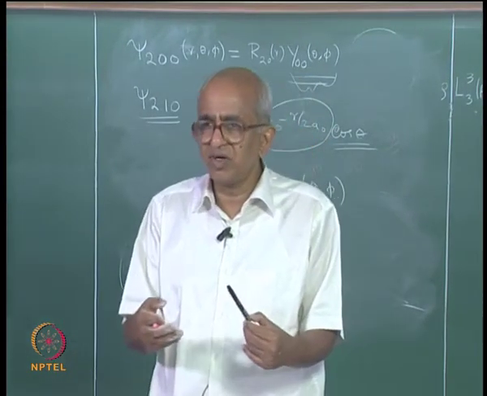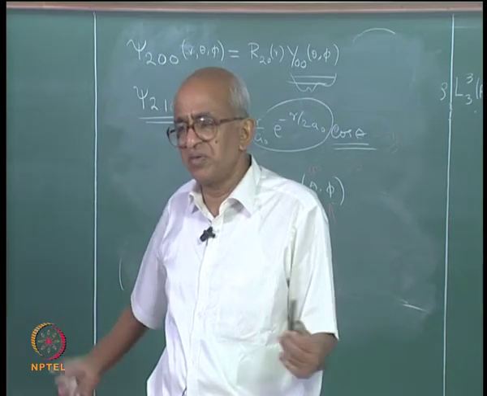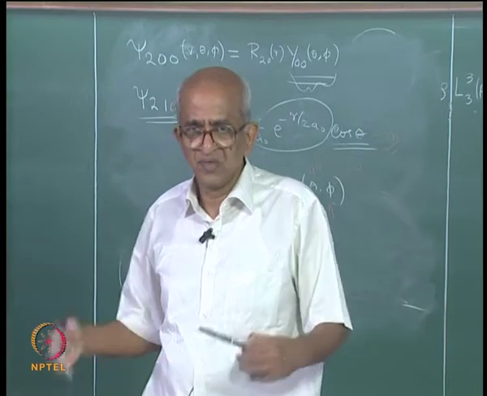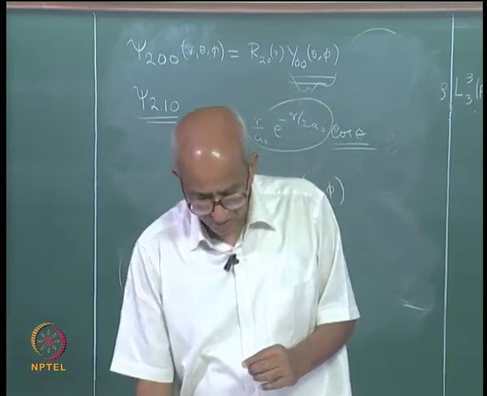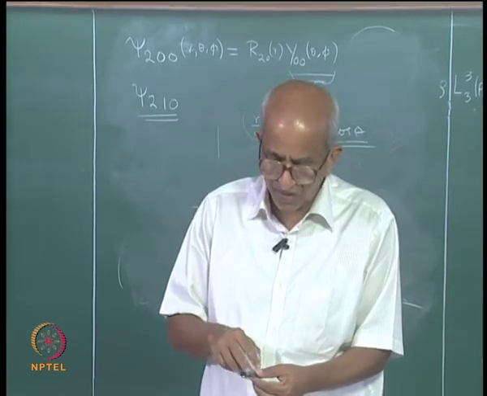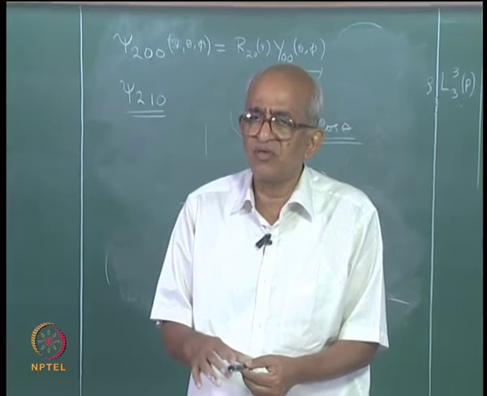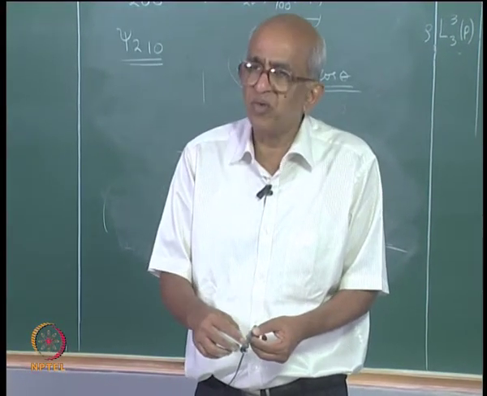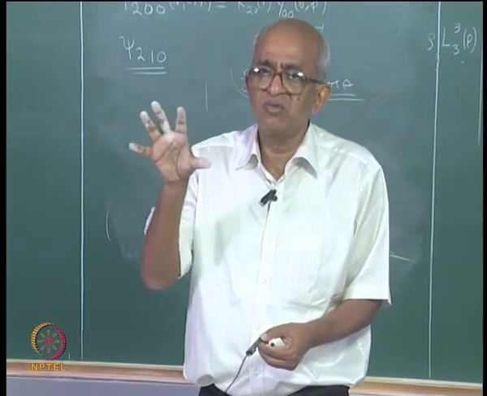So, when you evaluate it, in this particular case I got the answer 0, but maybe you will get an answer not 0, maybe you will get 0.5 or maybe you will get minus 0.5, that also is possible. So, then what I am going to do is this, let us say in this direction I have evaluated the function, here is my origin, that is where the nucleus is, if you like. In this direction I will evaluate the function, suppose I get a value of 0.5. Then in that direction I will find a point such that its distance from the origin is equal to that 0.5,